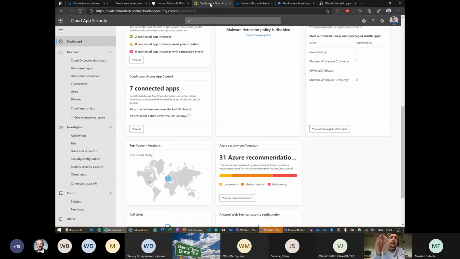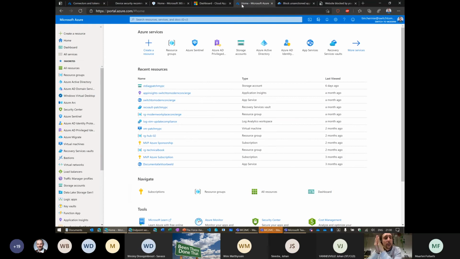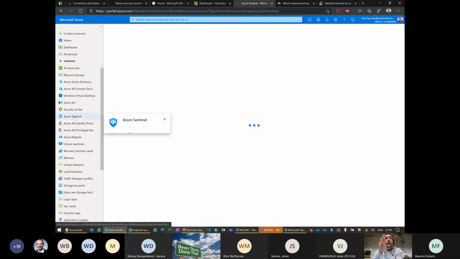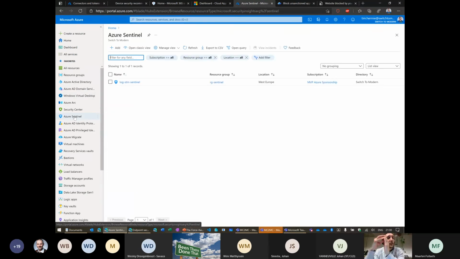All these incidents here are spread through different dashboards, the Defender dashboard, the MCAS dashboard. Sentinel is not a cheap product, but if you are smart, you can use it for some stuff for free. What can I show you here? We can centralize our incidents in Sentinel from Defender for Endpoint, from Defender for Identity. And if we ingest just the incidents, not the logs, it will be a free service. So make sure that you know that and that you can use Sentinel in a cheap way also.